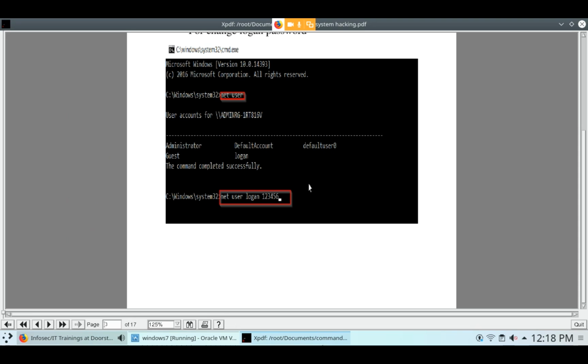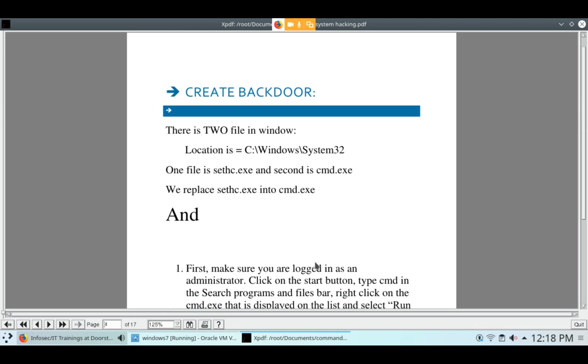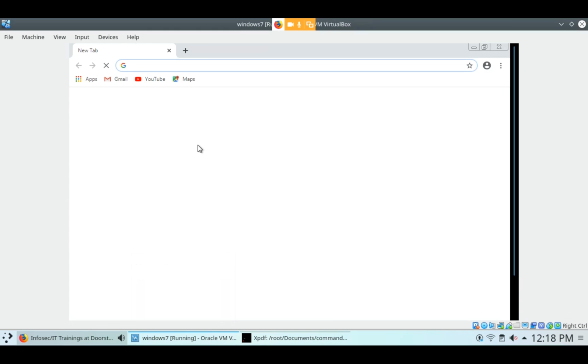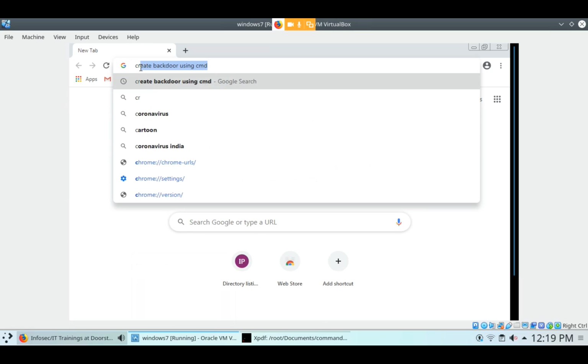Google Chrome is open, and here you only have to type "create backdoor using CMD". What is the meaning of backdoor? After locking Windows, you can access the CMD by hitting the Shift key 5 times.